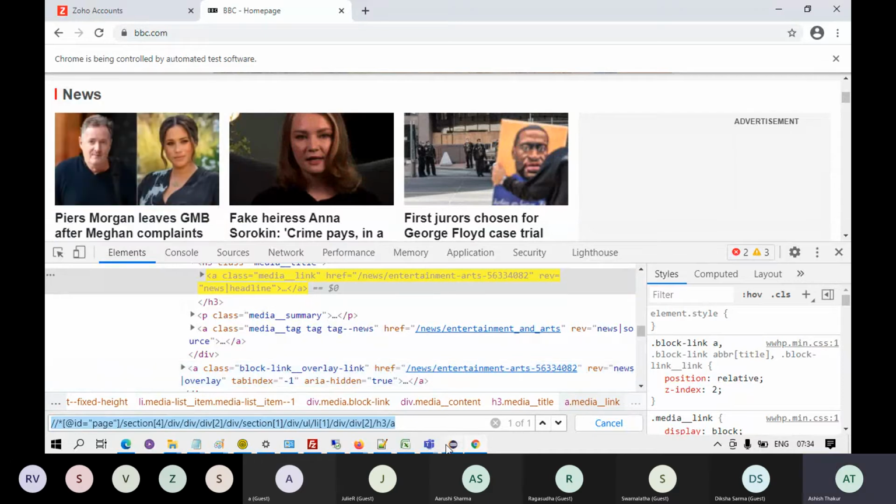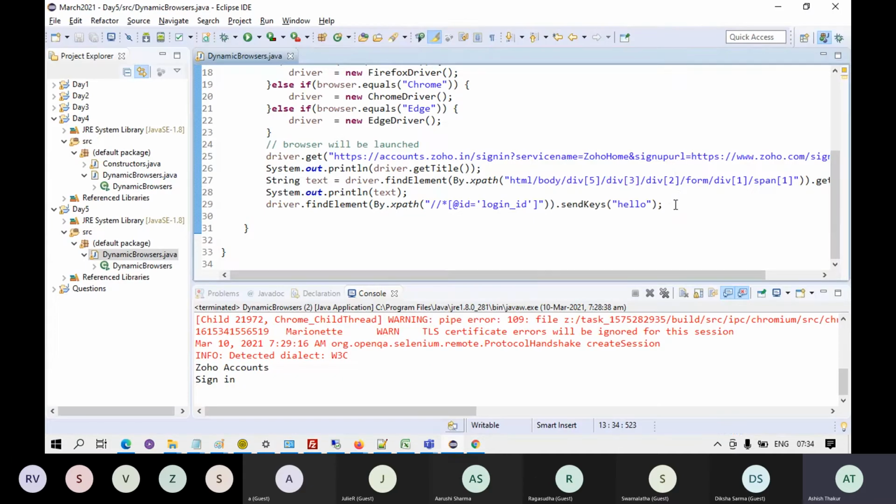So this happens. You won't get XPaths as simple as this one every time. You will certainly get a few complicated XPaths, even if they are partial XPaths.